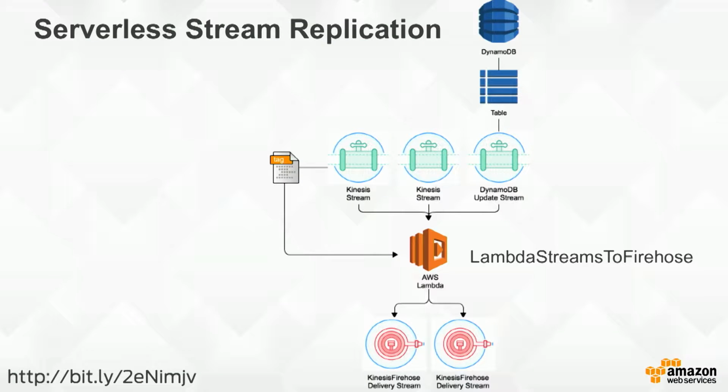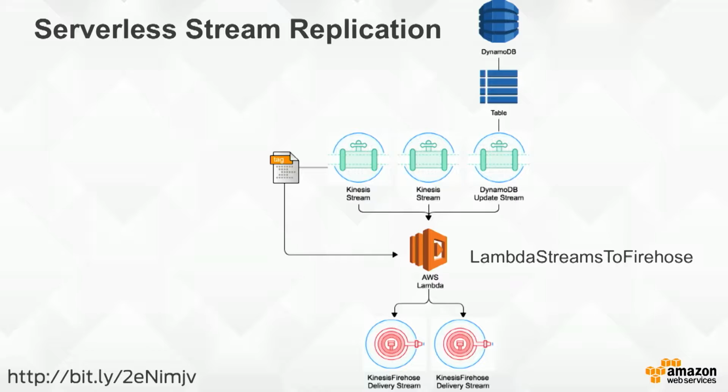So we came up with this idea called Lambda streams to Firehose. The idea was we should be able to take an update stream from DynamoDB and in near real time replicate that to Firehose. And then Firehose can push that on to S3, and we have a long-term, ultra-high durability archive that's 3 cents a gig. So it's very affordable to say we're actually going to back up all of our data. The bit.ly is there. Please go and see it and play with it. It's available on GitHub. It's been around for a while.